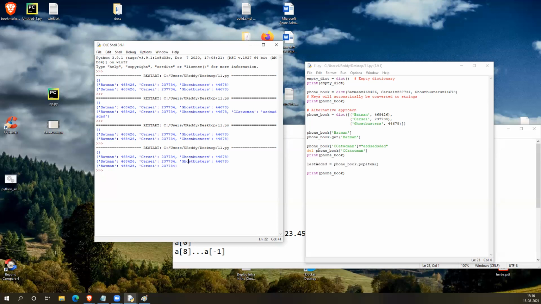You can update like this. See, there like we are using extend to add one more list to an existing list, right? Here we will be using the update function to add one more phone book to here.